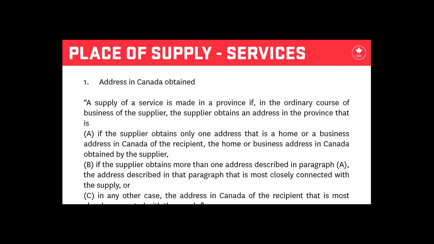And so the point of delivery does not exist here. Nobody is signing a Purolator slip for the services that this supplier is conducting. In fact, you may not even know where the services are being referred to or where they are being applied. But if the supplier has one address, that's where they should be